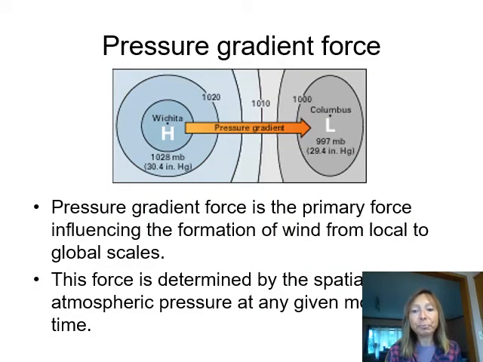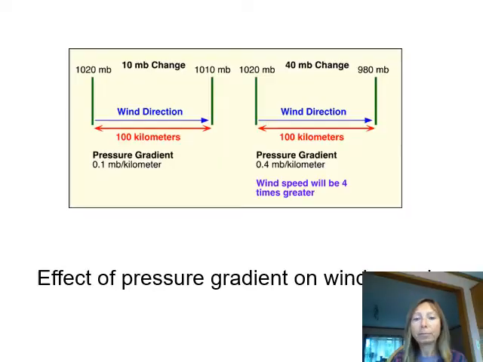This relationship between the pressure gradient and the speed of the wind applies to any scale. The pressure gradient force is the primary force influencing the formation of wind, and this works from the local systems such as breezes to the global systems such as major cyclones, major tropical cyclones all over the world, and other atmospheric systems. So this force is determined by the spatial atmospheric pressure at any given moment of time. The gradient of the atmosphere, this is what determines the speed of the wind from the high pressure to the